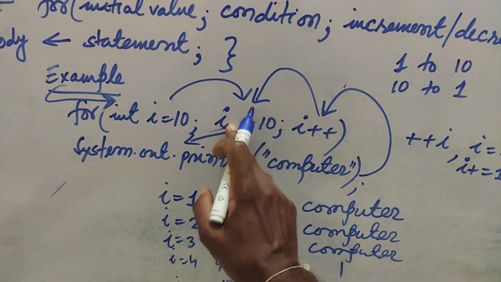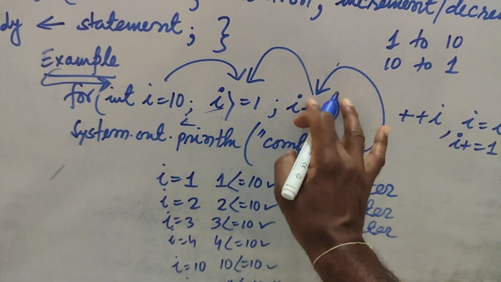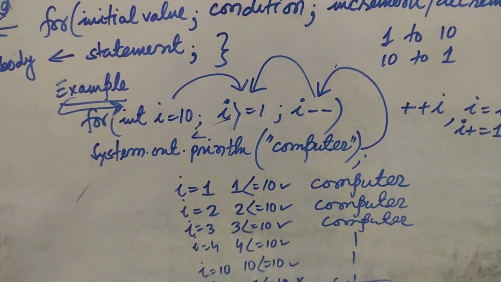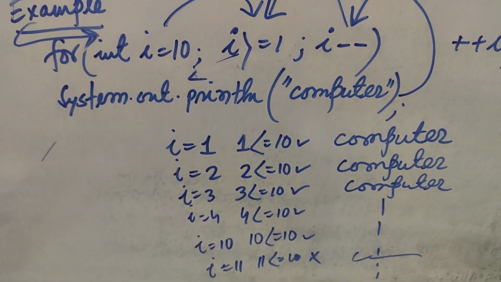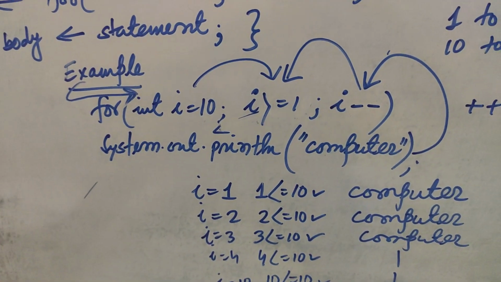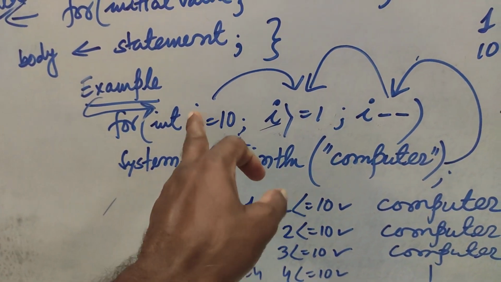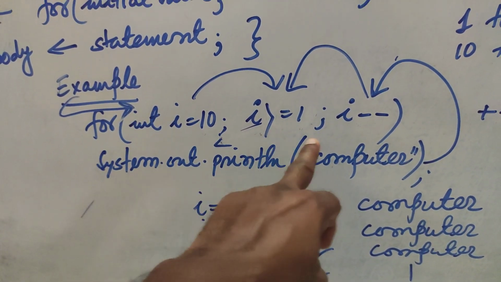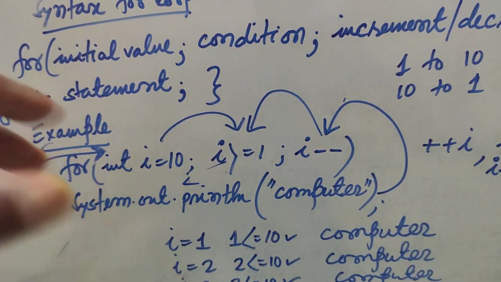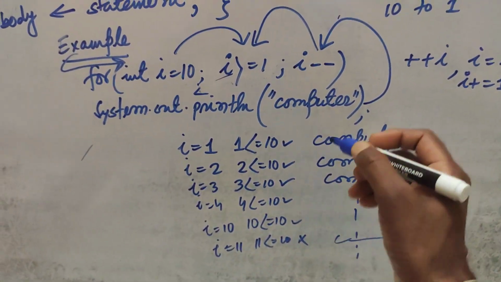10 to 1, I want to go. Then I greater than or equal to 1. Then at that time, I minus. See, when the initial value is bigger, and I want to come from 10 to 1, then we need to give the greater than sign and minus. If it is increasing order, then less than sign, plus. If it is decreasing order, then greater than, then minus. That's why in the syntax I am giving increment and decrement both things. So this is the working of